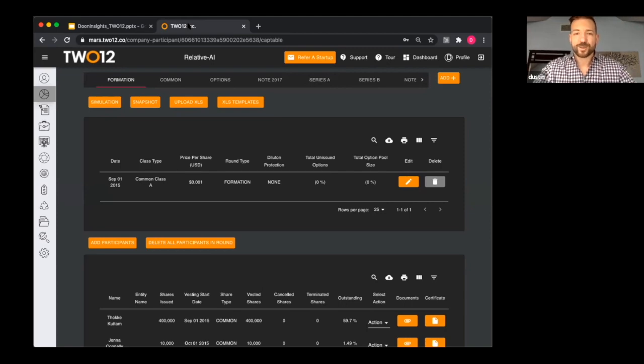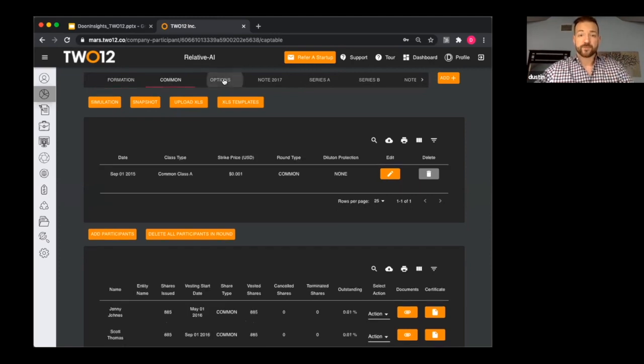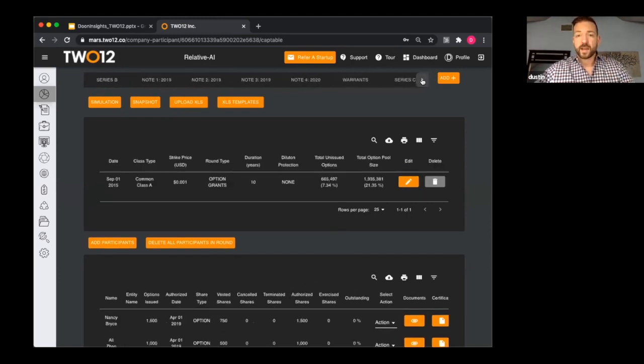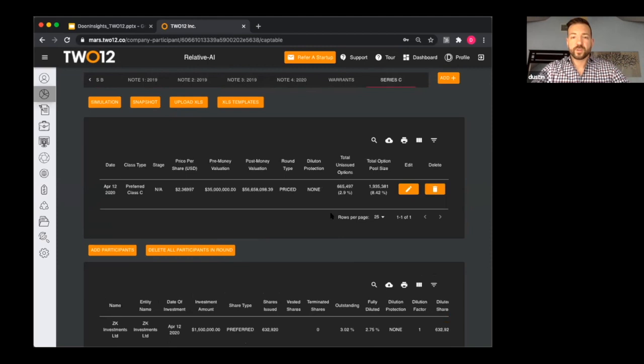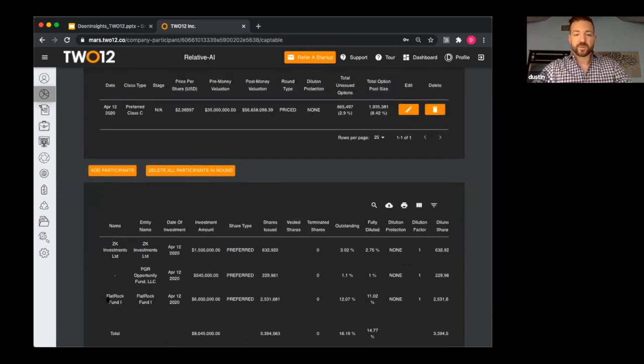All right, I'll get going. So, cool. This is Relative AI, an AI startup focusing on clean water. And this is their cap table moving through time on the top here. This is a pretty complex cap table. We support companies from early seed stage to late stage venture, so we're good to support the whole gamut of use cases. But here's a rather complex cap table. Here you get all the way to Series C, and we have this FlatRock fund that's